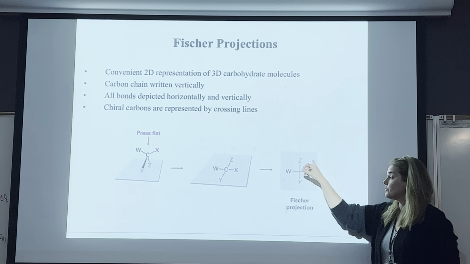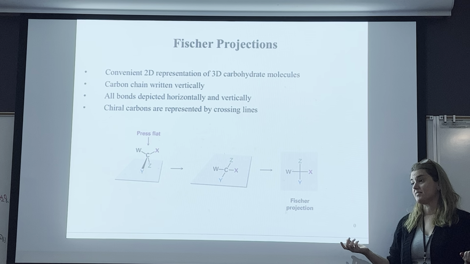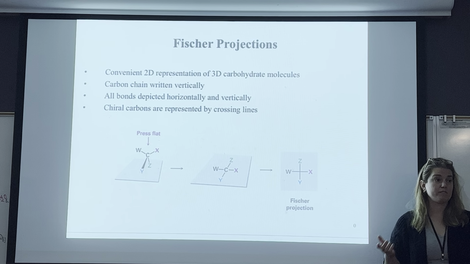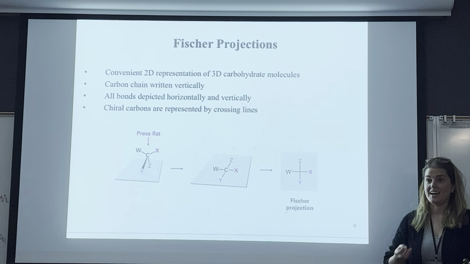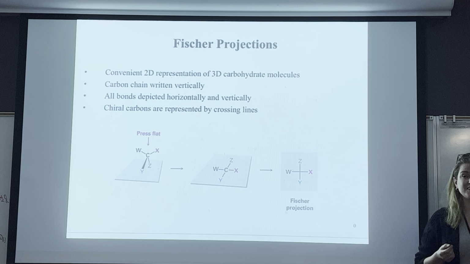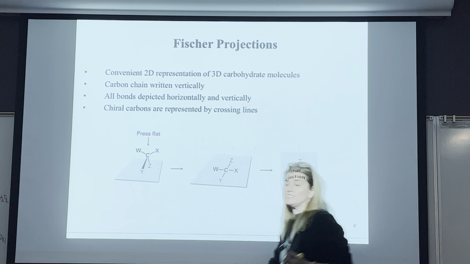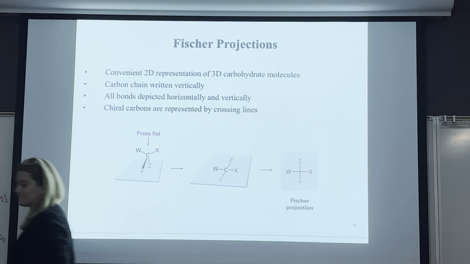And then we said if we have a big old molecule and it's drawn in a Fischer projection, you can tell right away how many chiral carbons there are. You don't have to go through the process like we have this week in lab of trying to figure out what's chiral or not and putting a little asterisk by it, okay? So it just tells you how many chiral carbons you have.